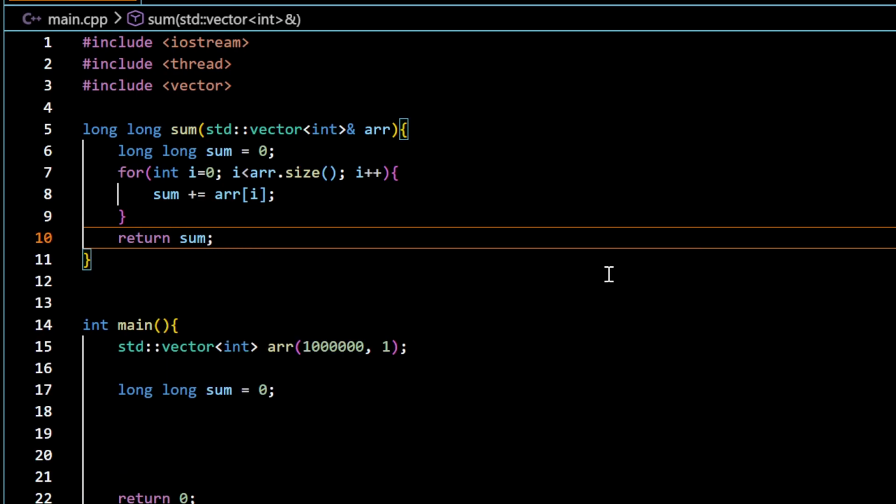So this is the function which will calculate the summation, and we'd like to call that function,